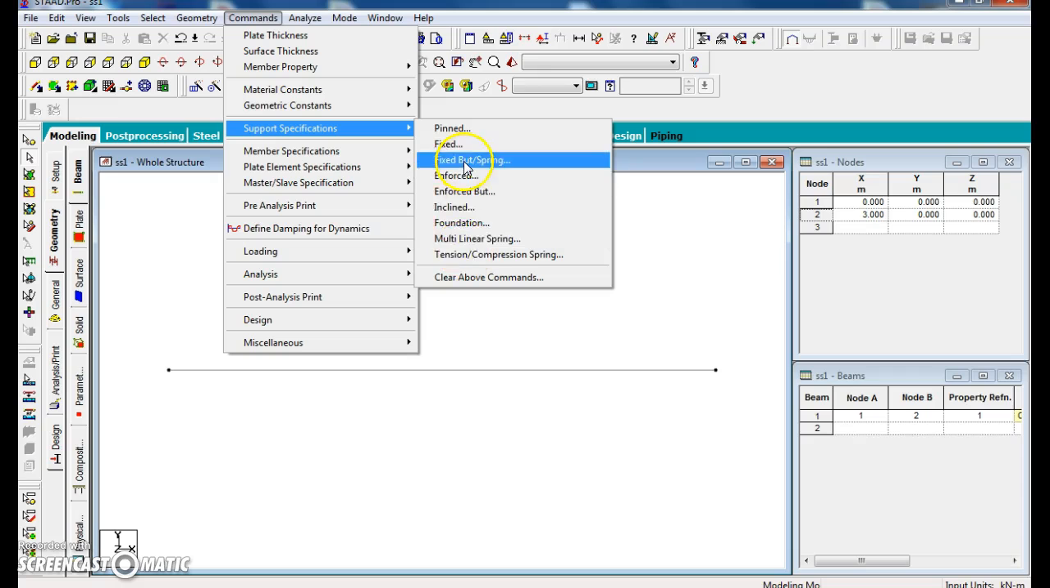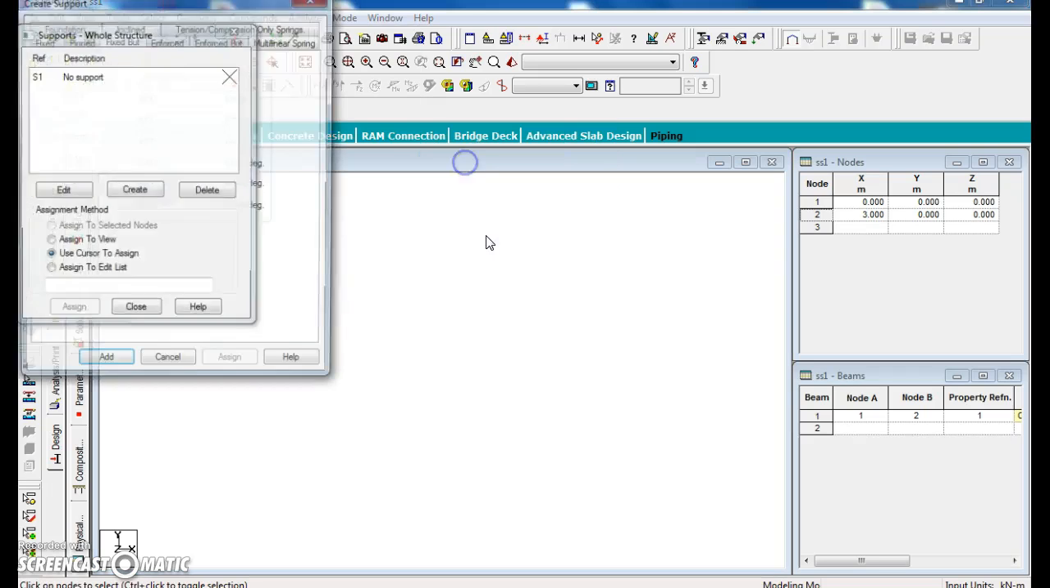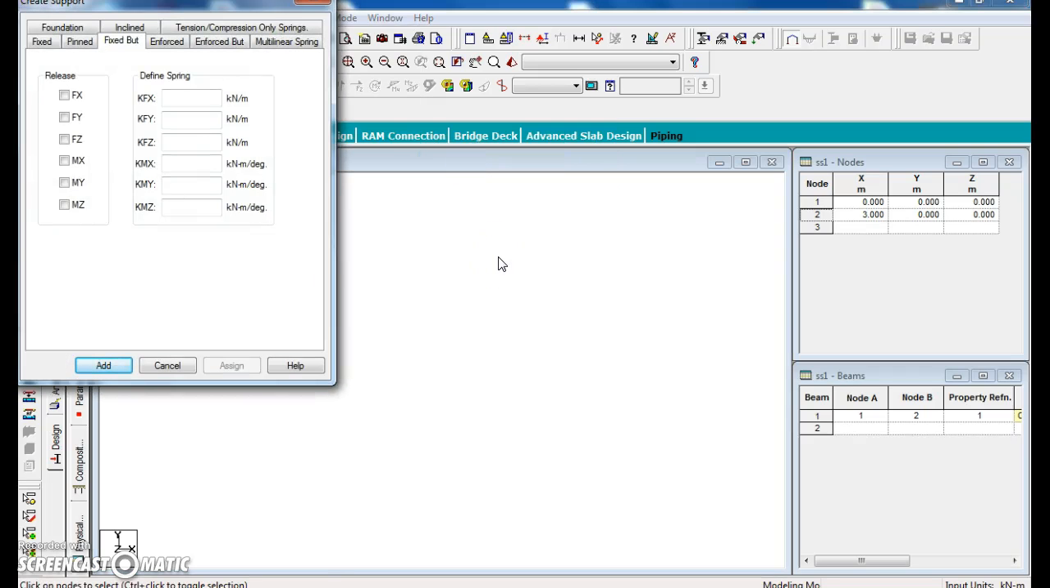For a simply supported beam, you have to choose a fixed but spring. There is no such thing as simply supported in this software. Just for analysis purposes, you can create a simply supported model. We all know that for a simply supported beam, there is only upward reaction, no sideward movement, and there is no moment and all. For creating a simply supported model, what the screen is asking is, we have to release the